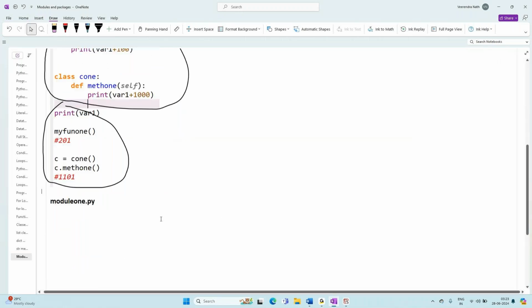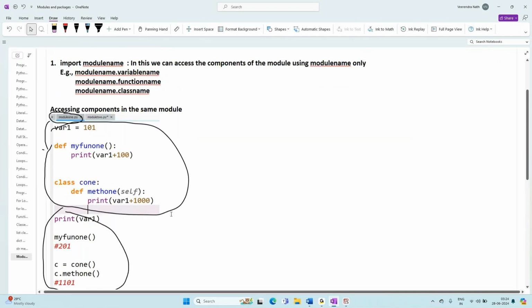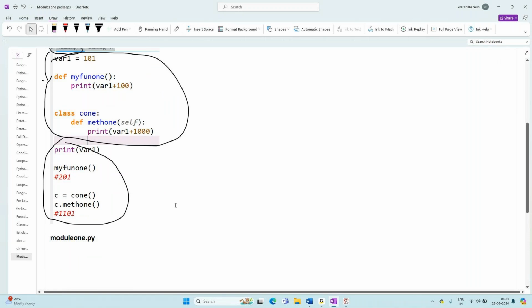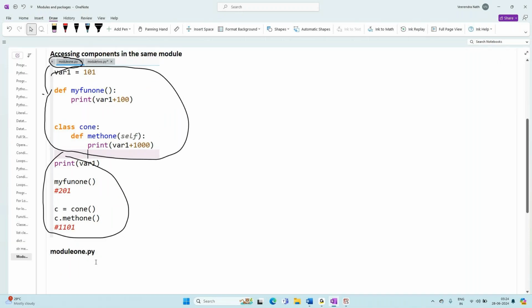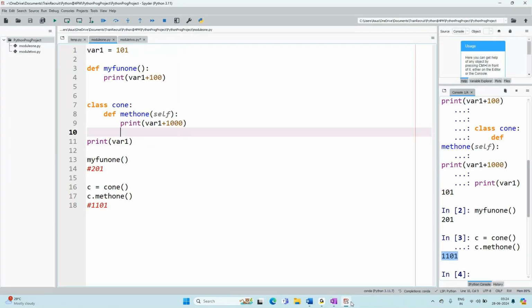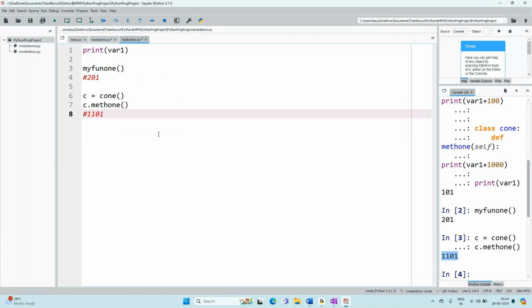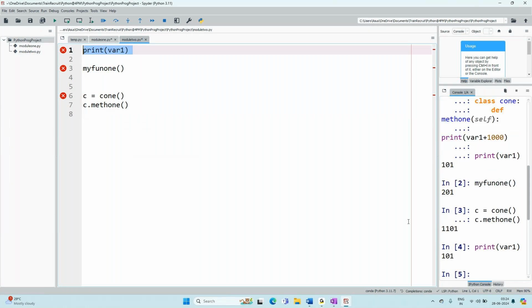But when I'm trying to access them across the module, meaning if I'm doing the same things in module 2, they will give me an error. For example, if I'm running print var1,